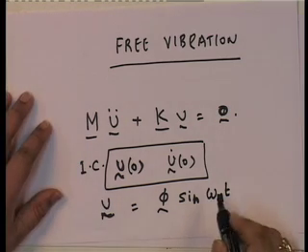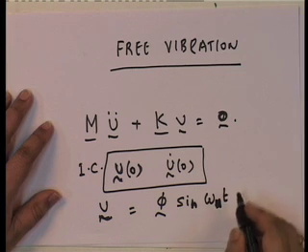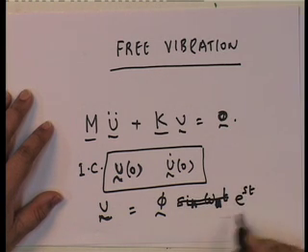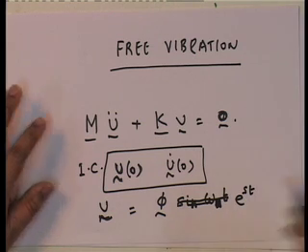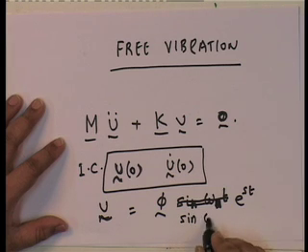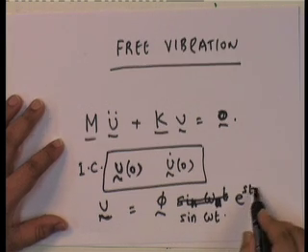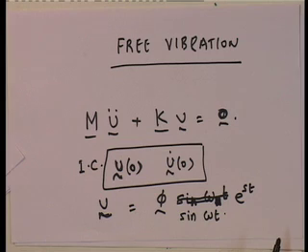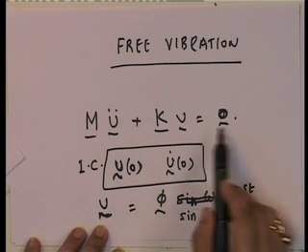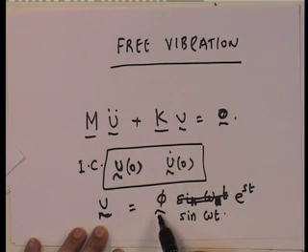Although in the classical sense I am putting sin omega t, it actually is e to the power of s t, but then we know that s and all, and so I am just going with sin omega t. All of this is irrelevant. I am not going to go through the same procedure that I have gone through. The only thing that says is that for this to be solved, V has to be of this form,